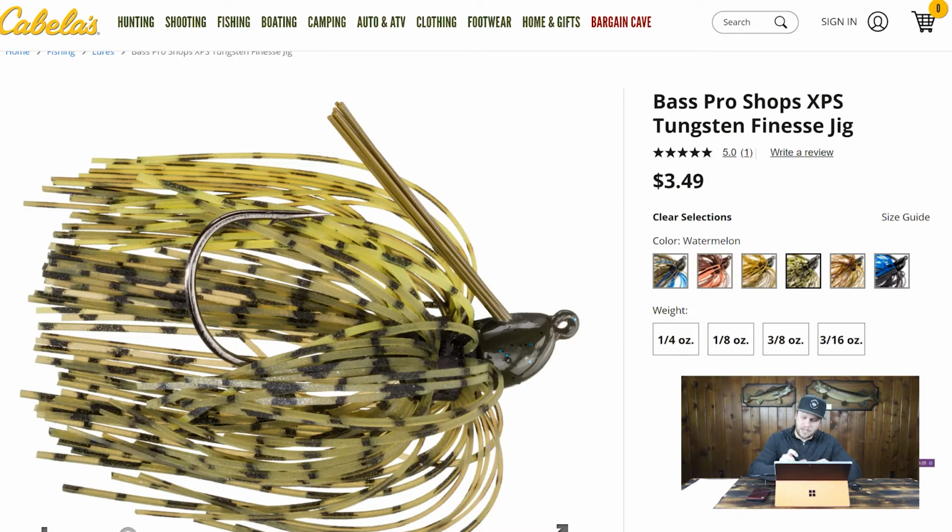They're able to be extremely compact. The ones that I've thrown have been in a 1/4 ounce or an 1/8 ounce. And because of that tungsten being more dense than lead, you're able to have a very, very compact profile. They fall extremely slow. Most of the bites that I was getting was on the fall. And the weed guard on these is appropriately trimmed already. It's just beyond the edge of the barb there on the hook, so you don't have to trim those at all. The Bass Pro Shops XPS Tungsten Finesse Jig, great option,